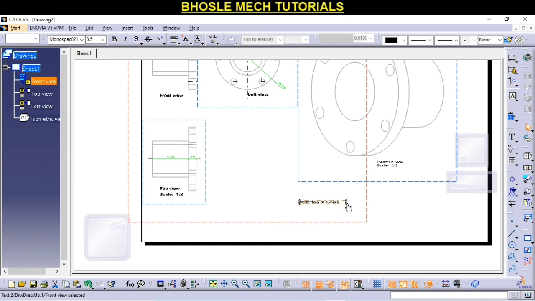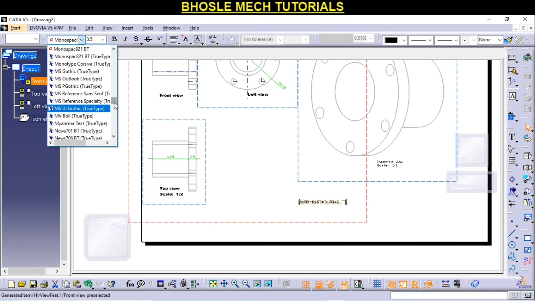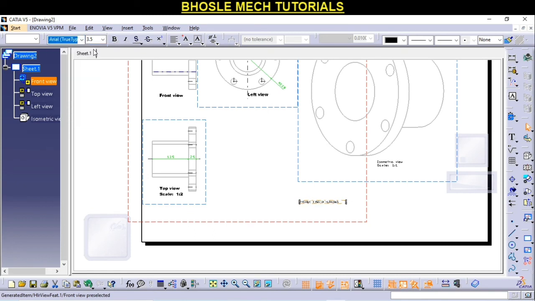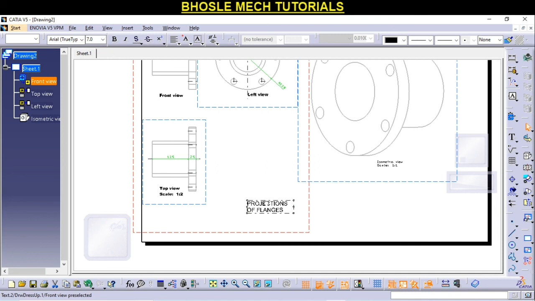Like this, you can change your fonts and size also, and place it where you want.